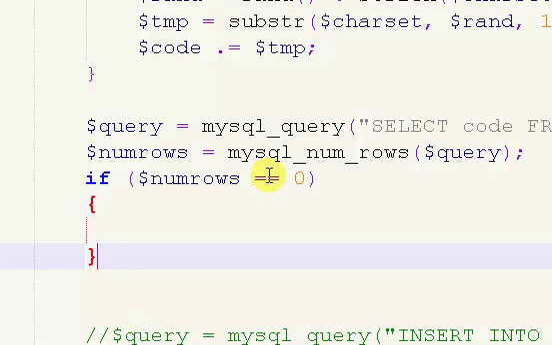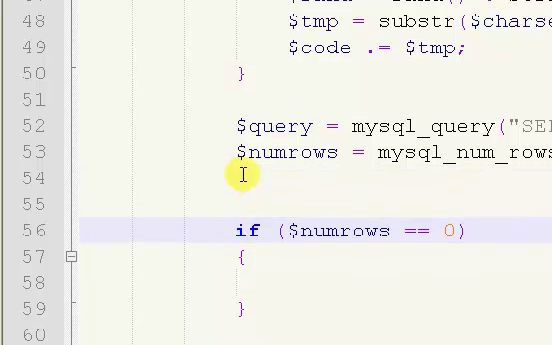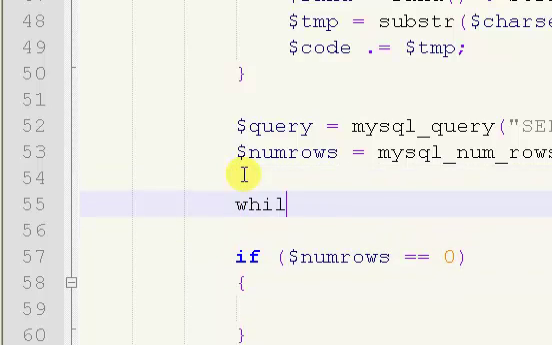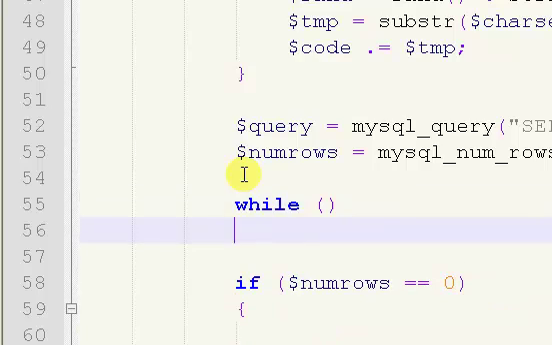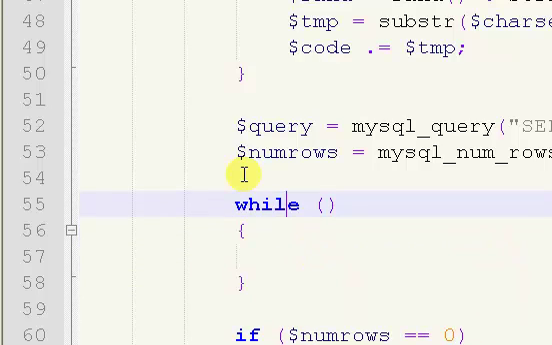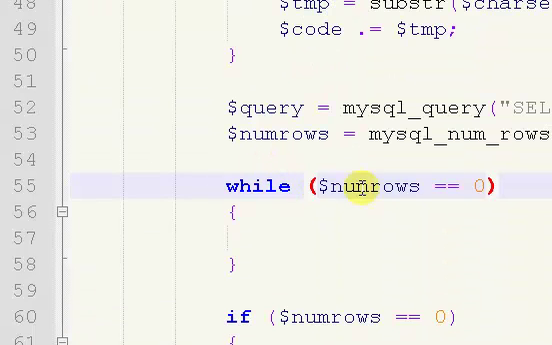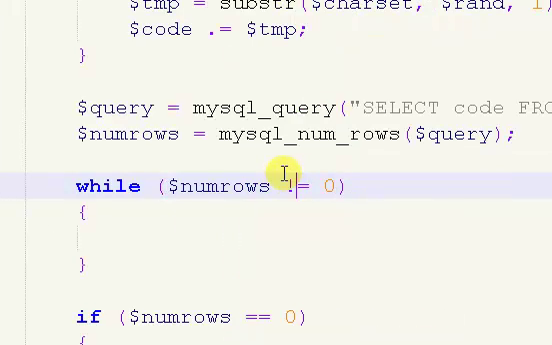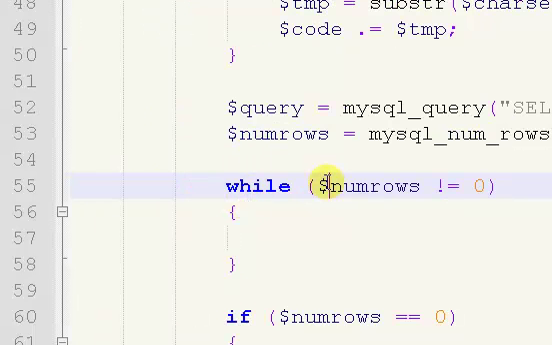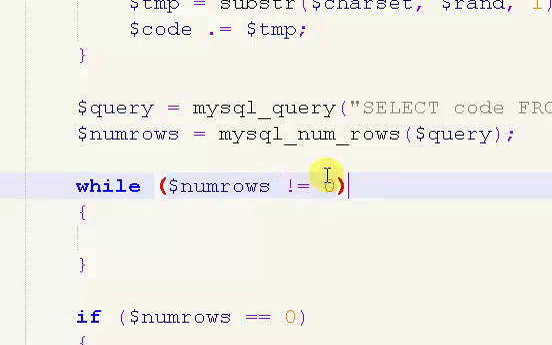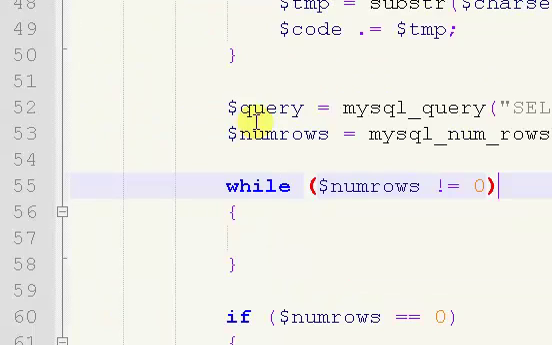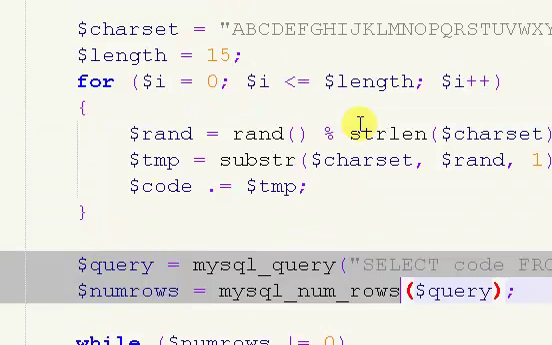Okay, I'm going to pause the video momentarily so I can figure out how I'm going to do this. Okay, so how we're going to do this is we're going to create a while loop. The parameter for our while loop is going to be pretty much this, except not equals. So while our numRows does not equal 0,